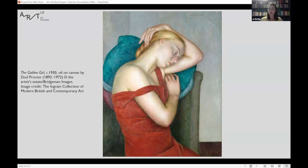Proctor was particularly celebrated for her sensitive and emotionally charged portraits of local women and children, often depicting them in domestic settings. Her mastery of capturing the play of light and shadow and intricate details of fabric and textures, like I mentioned at the beginning in relation to this work, add depth and realism to her paintings. Now, Proctor, as you can see here, really paints the figure in the classical tradition. The elegant simplicity of her paintings are part of a new classicism